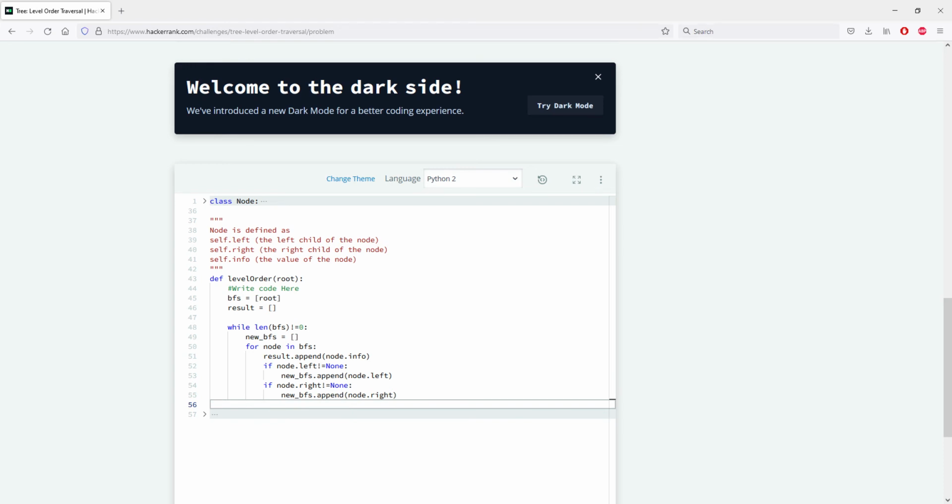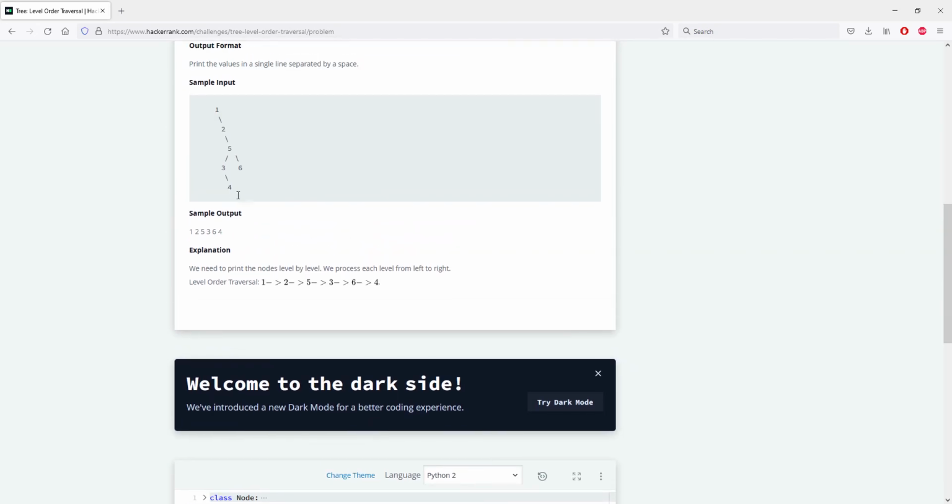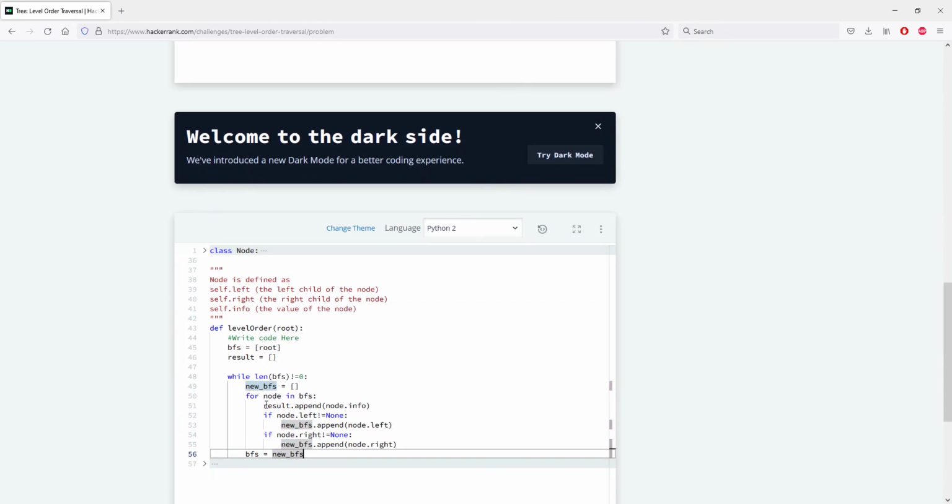And finally, we're gonna assign the value of BFS to be new BFS. And this is going to be the new level of the tree we're going to iterate through. And as we can see here, if we finally reach 4, we'll see that node.left is none, node.right is none, new BFS will remain empty. Assign BFS to this empty array of new BFS, and its length is going to be 0, so we're going to exit this while loop. So now, as the problem states, we have to print